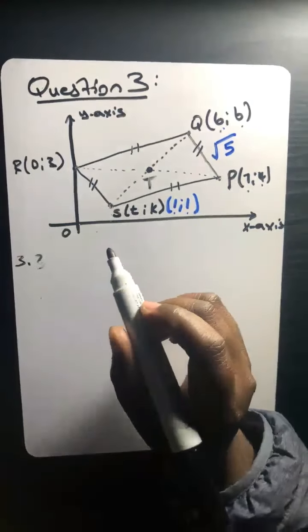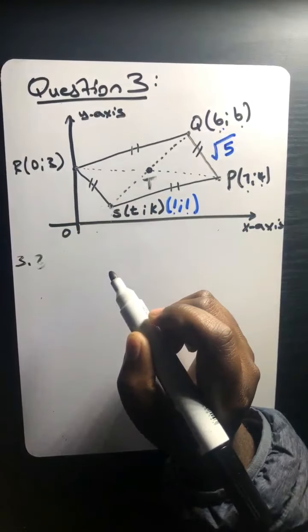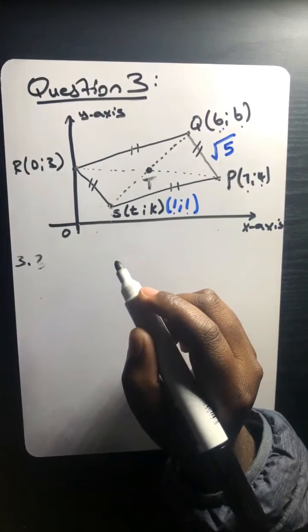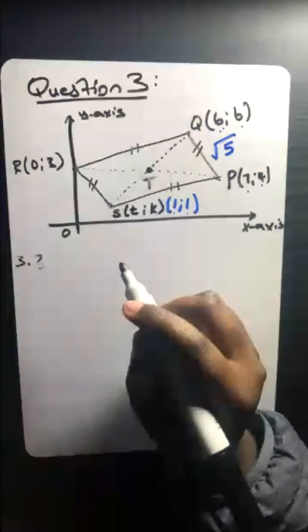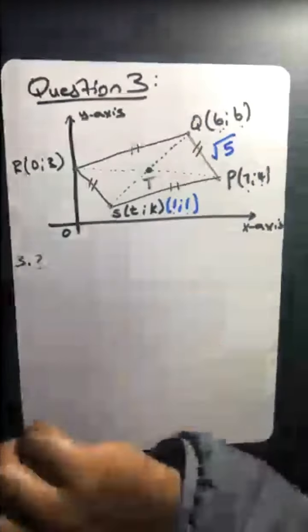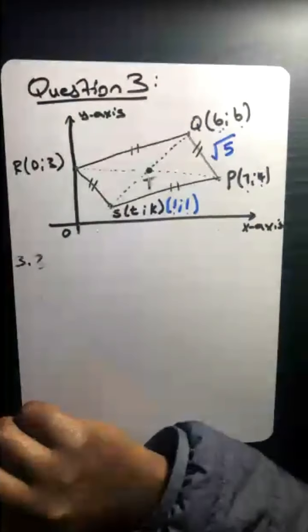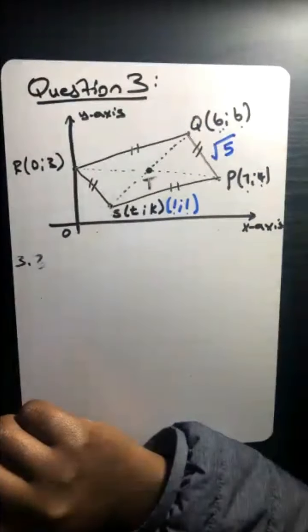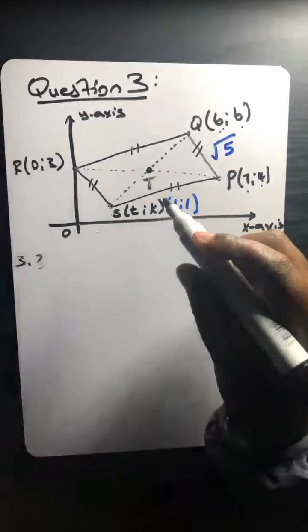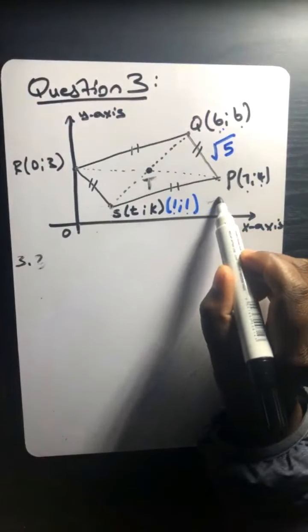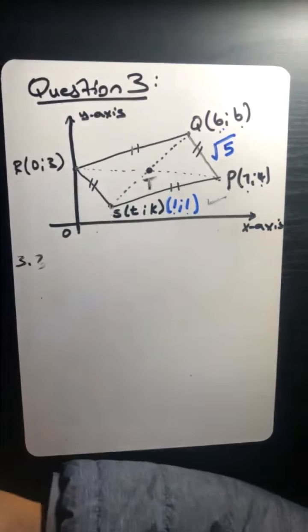So 3.3 says, if the coordinates of S are 1 and 1, show that PR is equal to QS. So this is what I want you guys to be aware of. Can you see this question? It says, if the coordinates of S are 1 and 1. For that reason, it means previously you should have got 1 and 1. If you did not get 1 and 1,